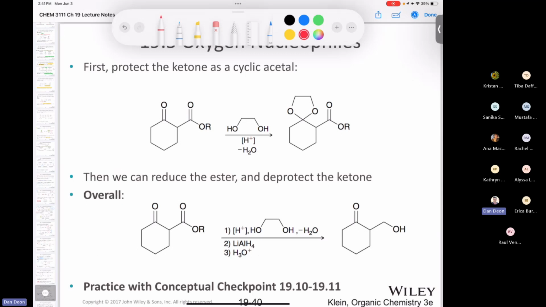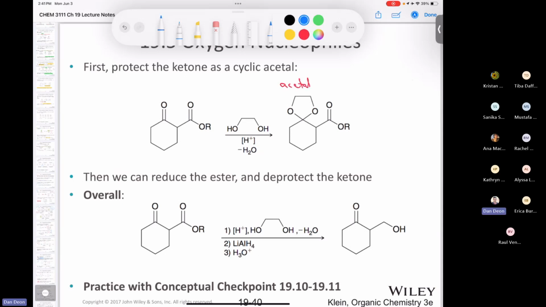So the first step is going to be using ethylene glycol and a catalytic amount of acid. We always put minus H2O. That's just to let everybody know that we're doing it in anhydrous conditions. We remove water by distillation. It pushes the reaction forward. And now we have our acetal